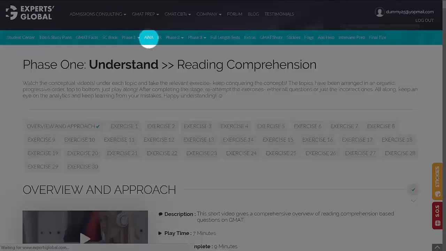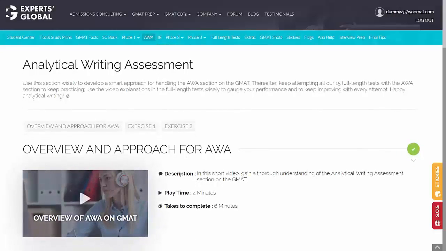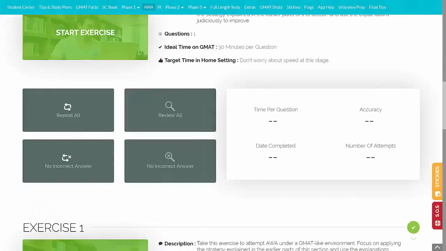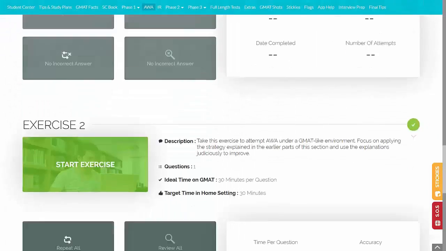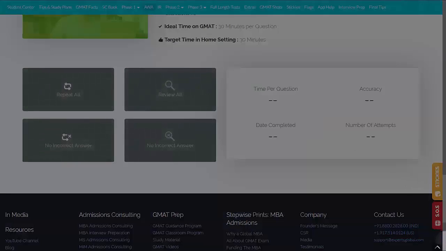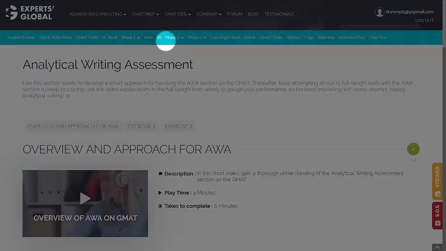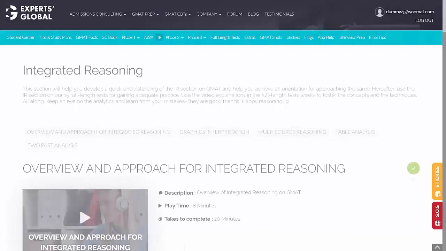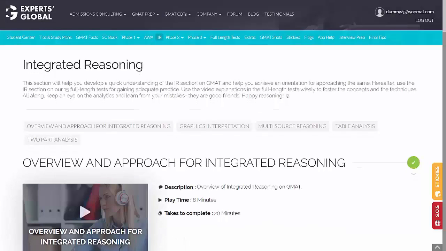The way we have designed these topics, you will be able to complete your AWA and IR prep in one day each, and you would have all the conceptual clarity about these sections, after which it would be about applying and learning on full-length tests. So, take all the 15 tests with AWA and IR and apply all the learning that you got at an early stage in your preparation. This much preparation is going to be enough, and through this approach, you will not need to prepare for AWA and IR separately at a later point in your preparation.